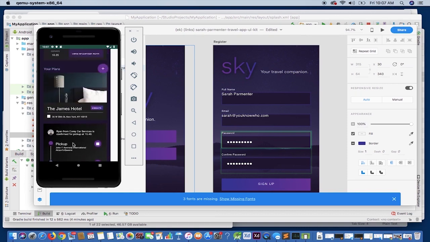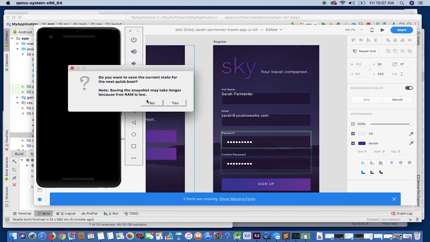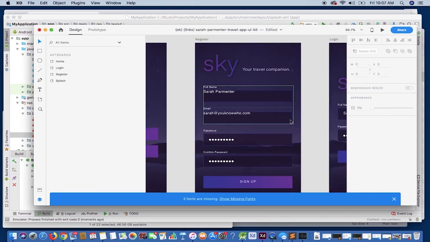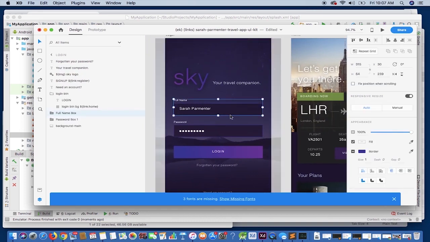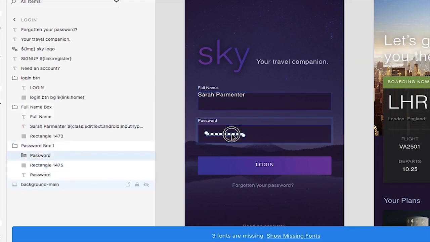So the next step that we're going to do is add a little bit of edit text just so we can test that also. So let's go back, we can close this. Now that we have edit text within, you know what, let's actually create the classes on our login. This might be better used. And for the password,